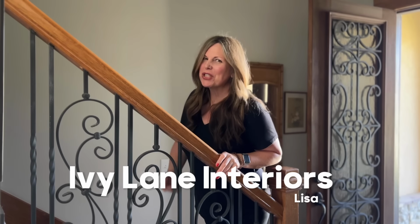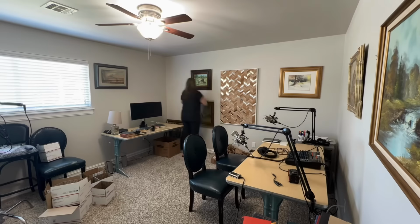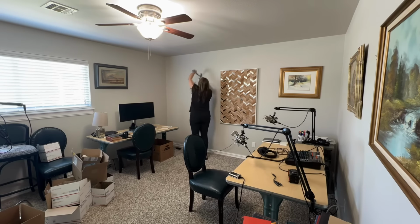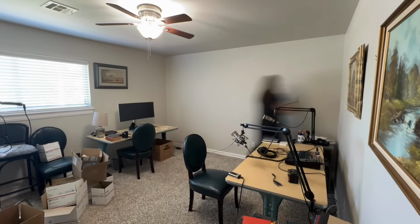Today I'm building in some bookcases and creating an accent wall. Let me catch you up. Here's a room upstairs. You can see it's just kind of a catch-all. We have extra artwork, all kinds of stuff, and I want to turn it into more of an office or